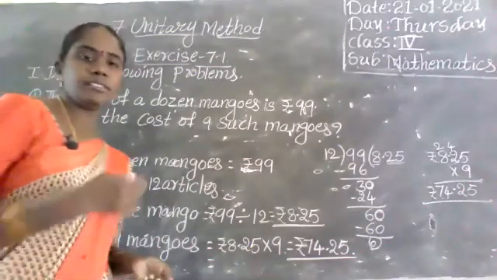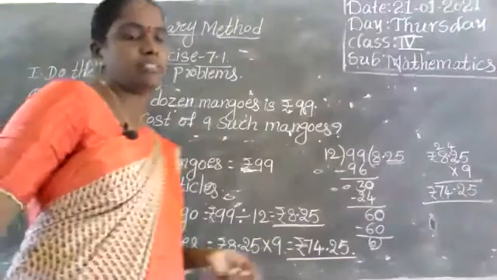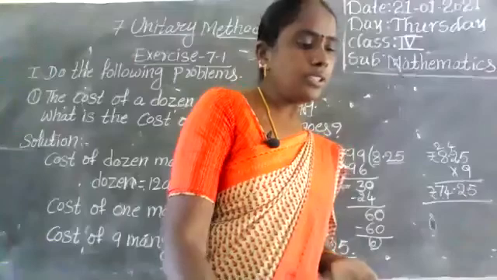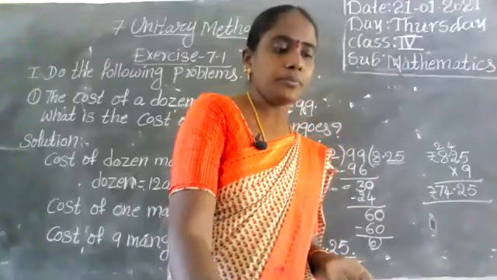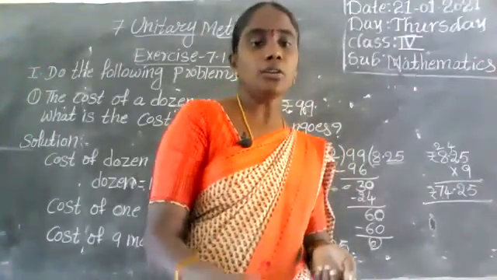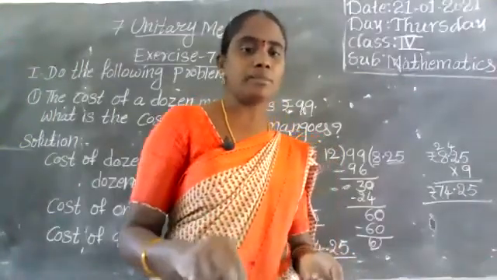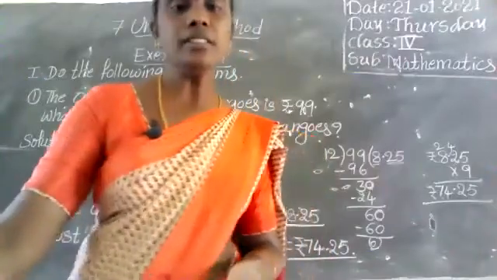Okay, now I will explain the second one also, children. The remaining ones, try on your own. Only the third one and the fourth one, try on your own. I am giving homework only for those, the third one and the fourth one. The remaining problems I will explain in tomorrow's class. First I am explaining the second one.